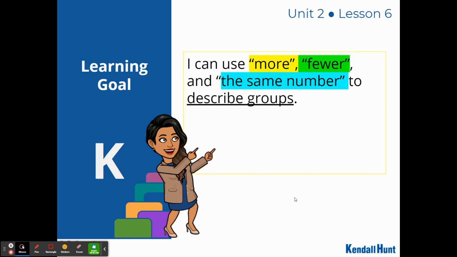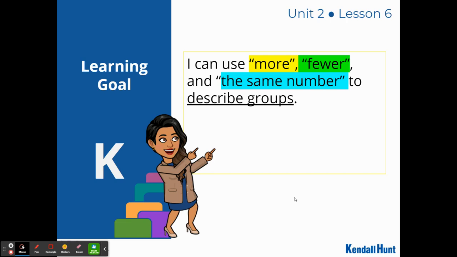Now, because this is somewhat a new concept, you want to make sure that everybody understands what more means, giving them examples of what is more, also giving them examples of what fewer means. We typically use less than, but in this lesson, we're going to use more and fewer. And then the same number, we also use equal. So we want to use those terms interchangeably: more than, fewer than, less than, equal to, or the same